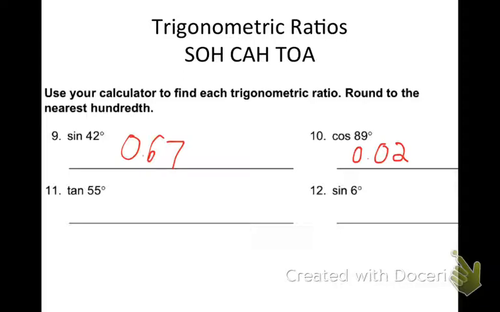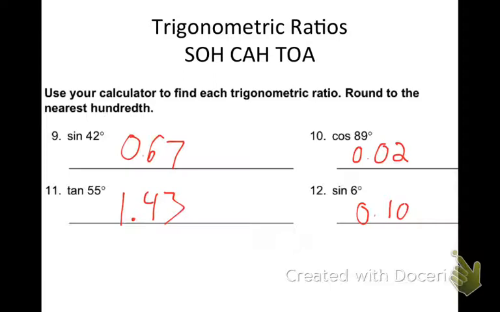Kaylee? Suitor? 1.43. And the sine of 6 degrees, Reagan? 0.10. Nice job. All right, so now that you're familiar with using the sine, cosine, tangent functions on your calculator,